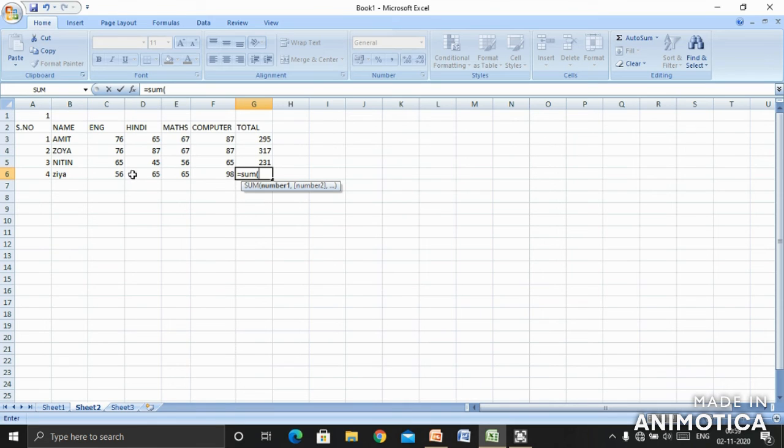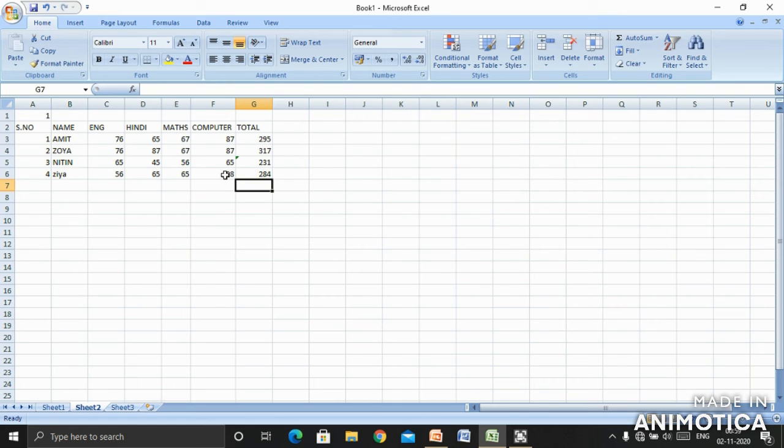I want to calculate the sum from C6 to F6, and press enter. So this is about the AutoSum function and using the formula.